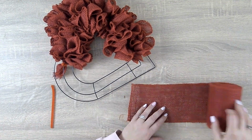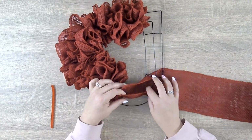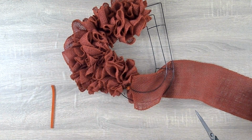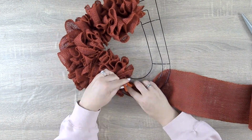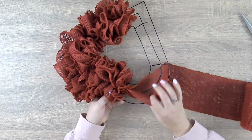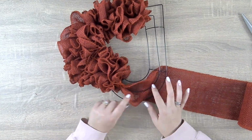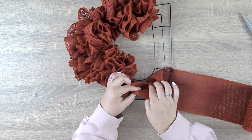And then just like before, we'll take the end of the new roll, slide it under the wreath base, pull it up around that center ring, and then secure it down to the crossbar and center ring with another pipe cleaner. Awesome! Now let's go ahead and continue pulling that burlap through the rings of the wreath base and keep getting our ruffle on. I'm going to continue this in all 6 sections of the wreath base until it's completely